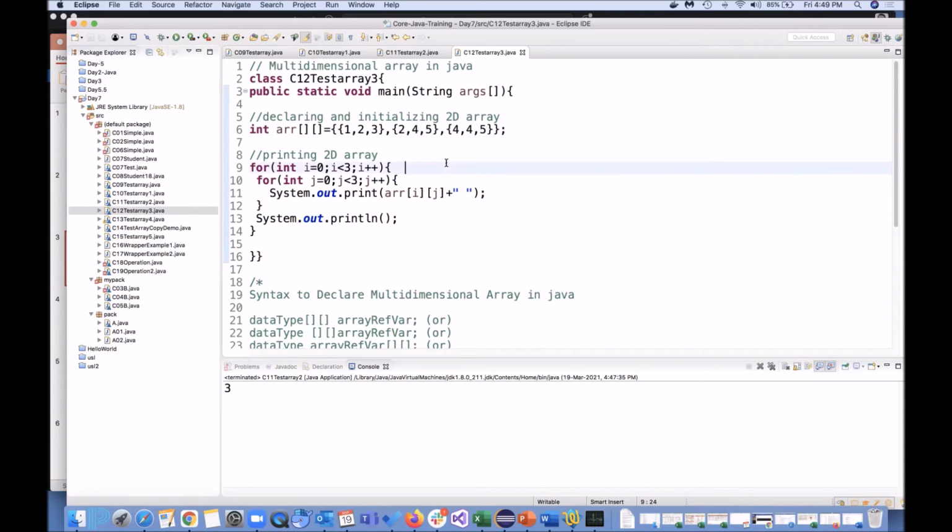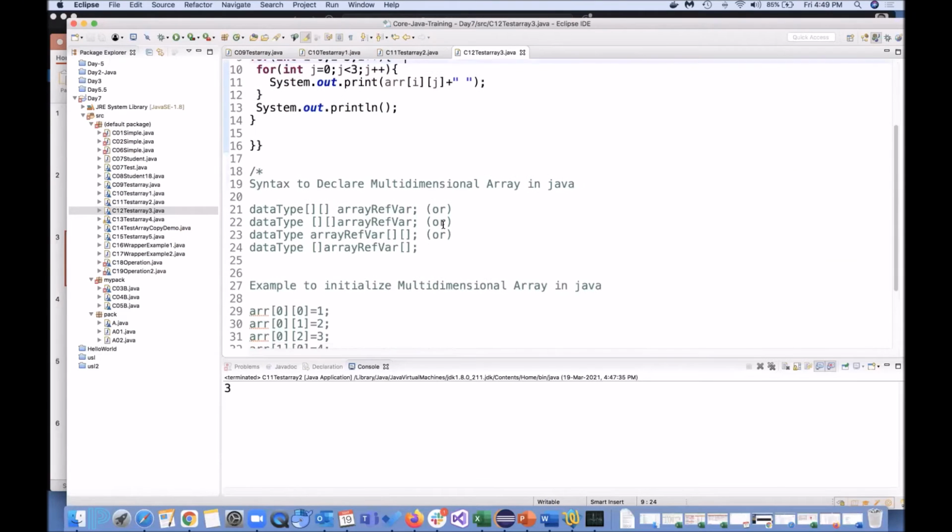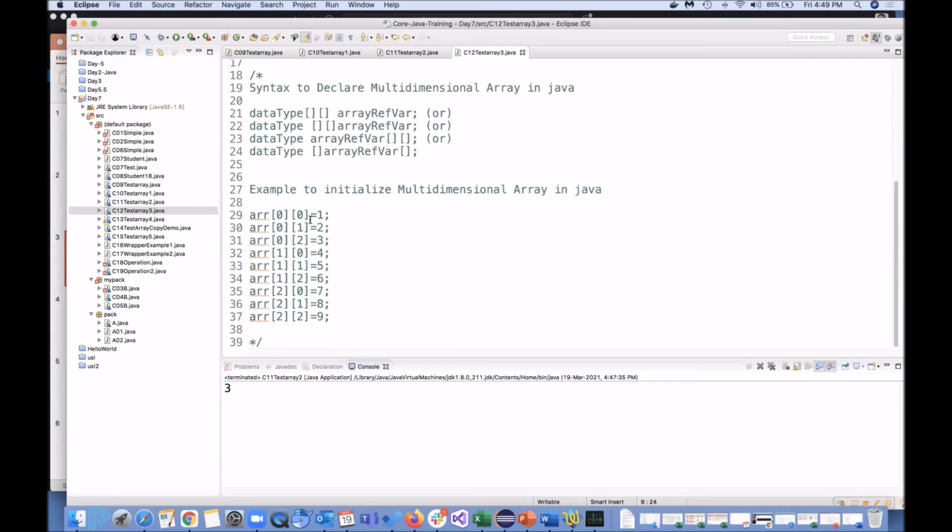And for a multi-dimensional array, when I want to instantiate it, I can do it like this. I can declare it like this, and then I can put values 1, 2, 3, 4, 5 like this, the way we have done earlier.